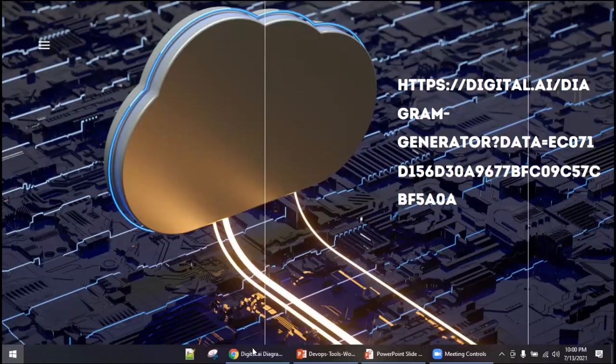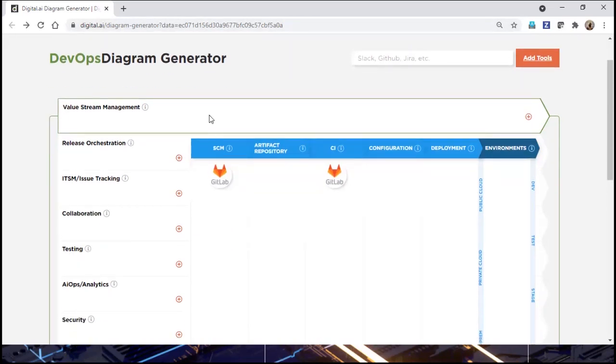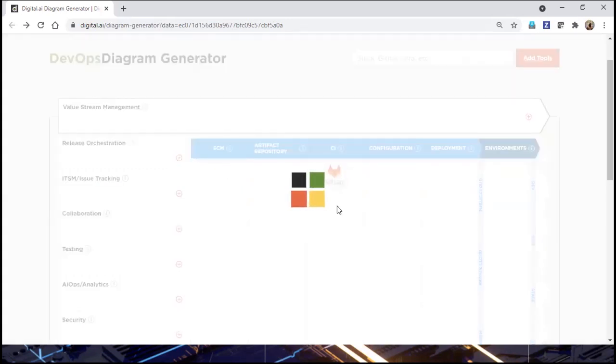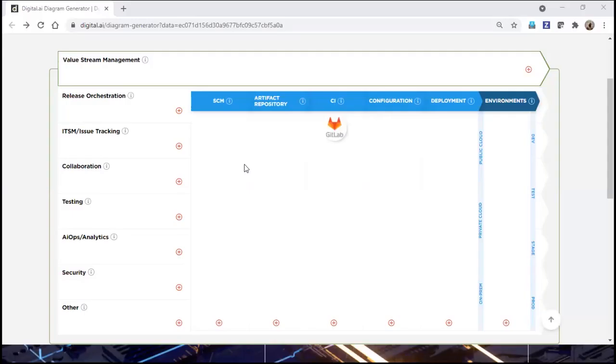Let's go here. This URL you can find in the comment section. Say, for example, I want to project myself as having real-time experience, right? In this diagram, similar to what we saw, we need one source code management where the developer pushes the code. So let me remove this, and then we will select from the list afresh.